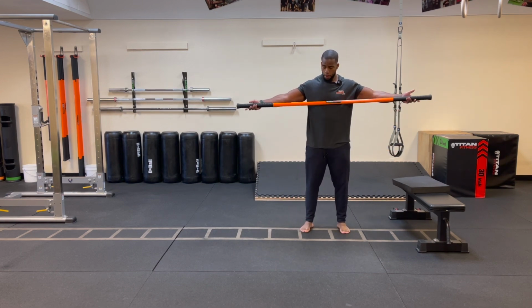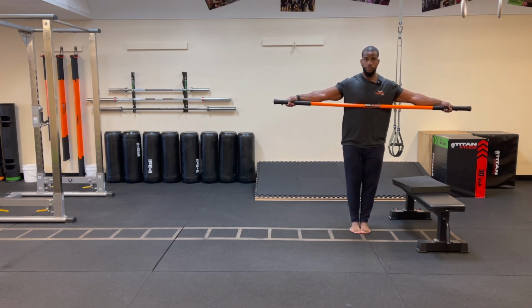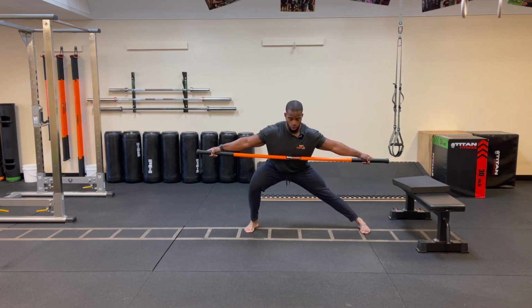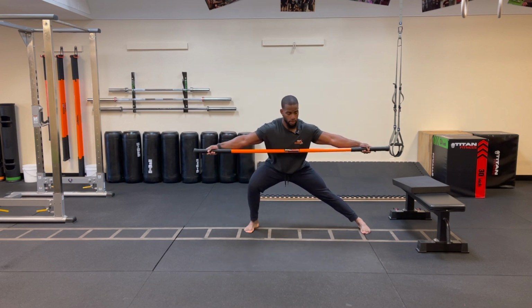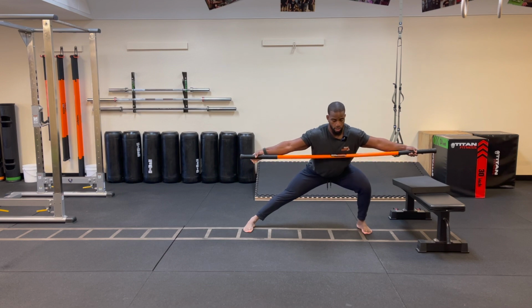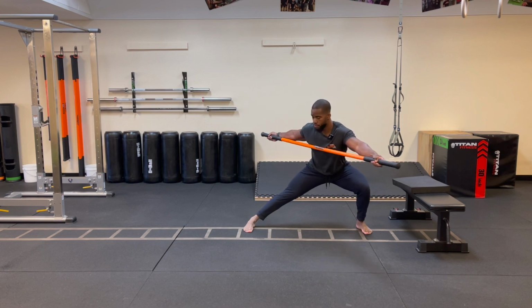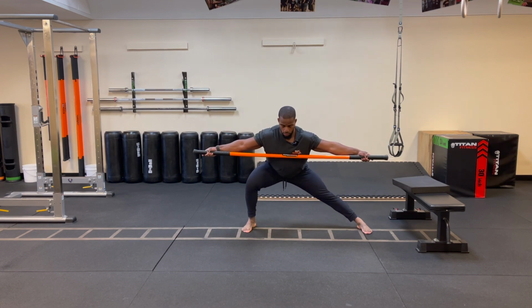Now what I'm going to do from here, I'm going to take the stick out as wide as I can grip. Okay. Now I'm going to start with my feet together. I'm going to step out to the right and go into a Cossack Squat. Rotate to my right, rotate to my left. Now I'm going to come up, lunge over to my left side, sitting my hips back, rotate to my left, then my right. Good, back up, right over to my right again, rotate to my right,